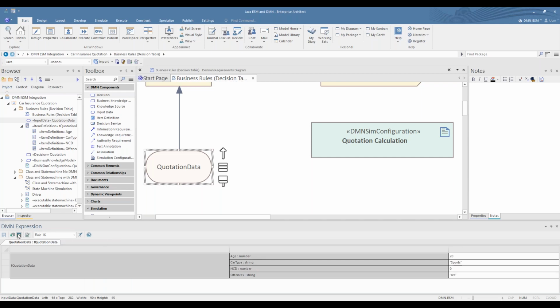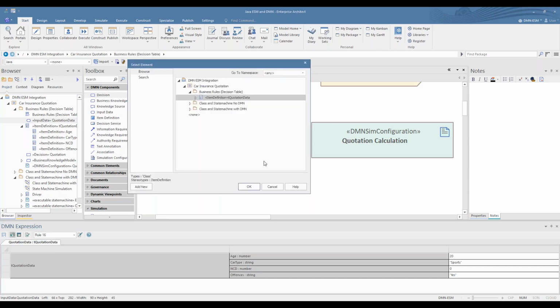Because I've done this so it's all pre-populated, but if you're doing this from scratch, you'll see that these fields would not be present. So the first thing you need to do is to bind it, which is this toolbar here, which opens up the all too familiar select element, select package, select diagram dialog you see many times in Enterprise Architect. So you choose your top level owning data item here, T quotation data, and click OK.